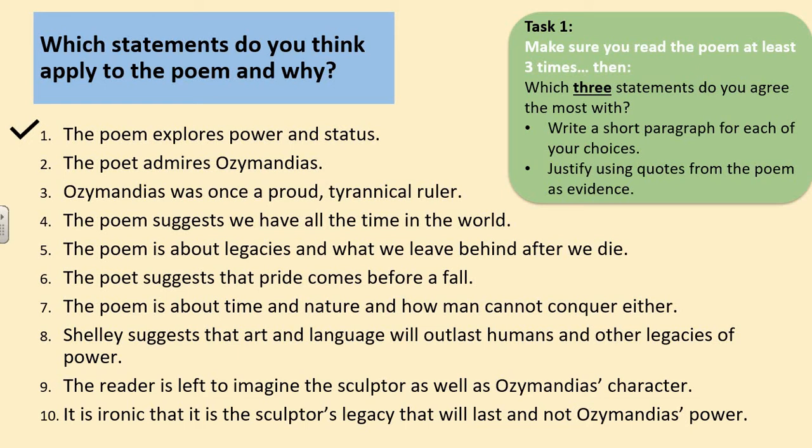So the fact that it was a statue of what we assume was a ruler, by the way that he describes himself, "Look on my works, ye Mighty, and despair." That could be something. And the status that he feels that he has. So what does he think about himself? Maybe what sort of status do others give to him? So how do they feel about him as a ruler?